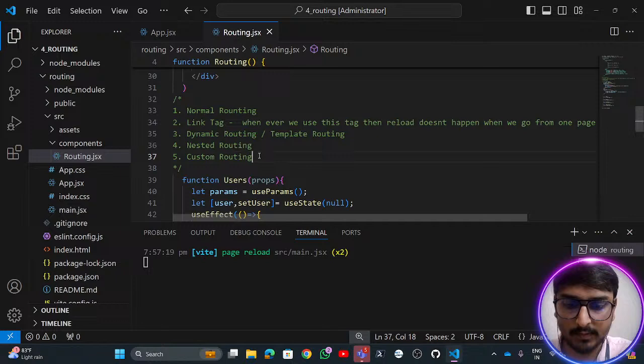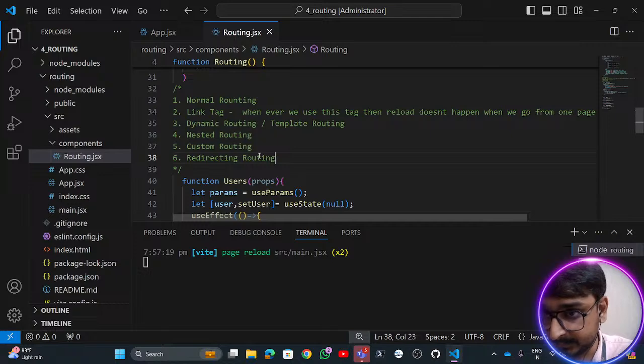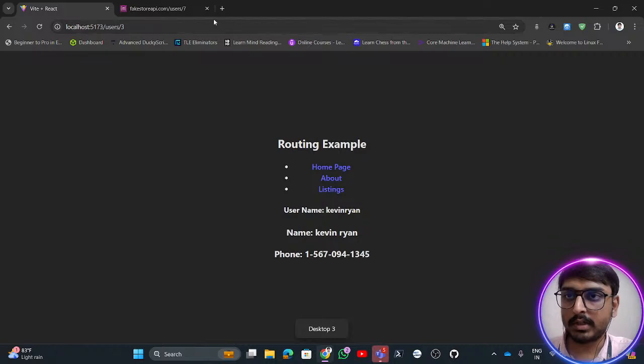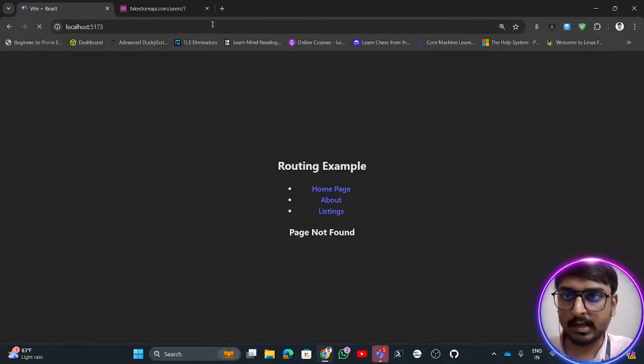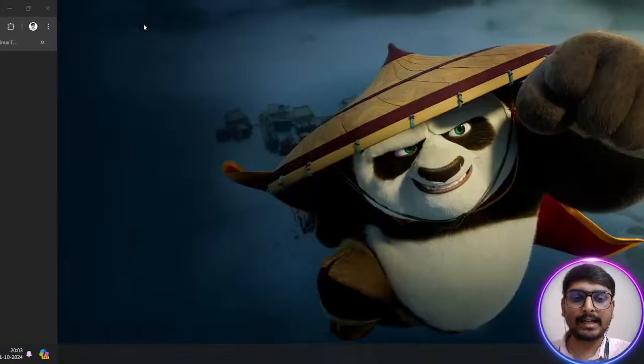As a thing, we also have this particular routing known as redirect routing. So we'll see this redirect routing. What is meant by redirect routing and so on. So initially, whenever my React application actually starts,